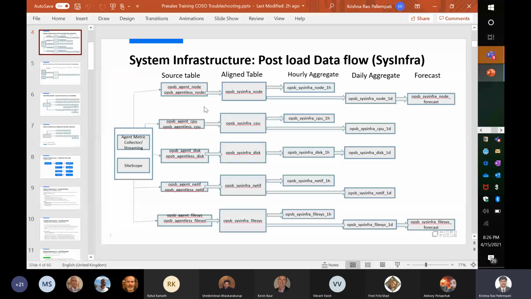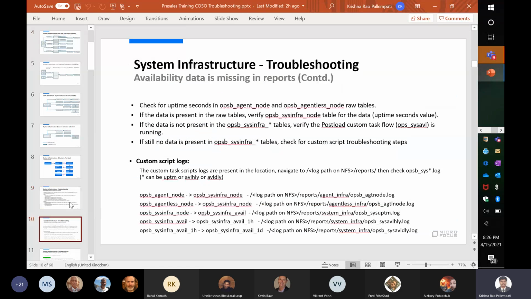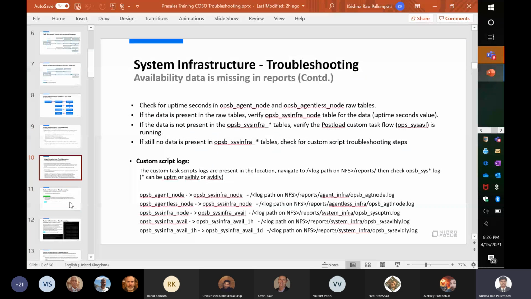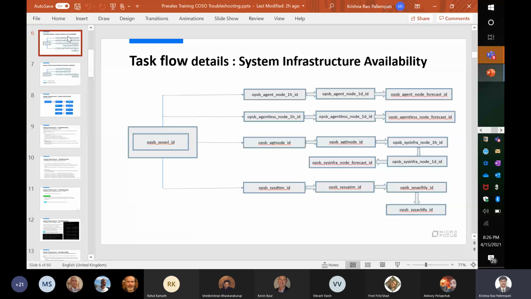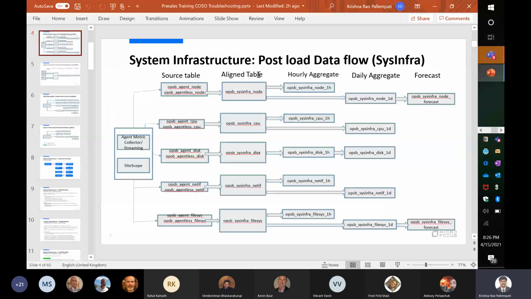This is the logs location where we need to see whether these custom scripts ran or not. For example, in this flow, this is the align table or shared table which I am talking about. The data moves from my source tables to align tables via custom scripts, because I need to take data from the agent table as well as the agentless node table, merge them, and put them into one table. That's why we wrote custom scripts. We need to look into the custom scripts table.